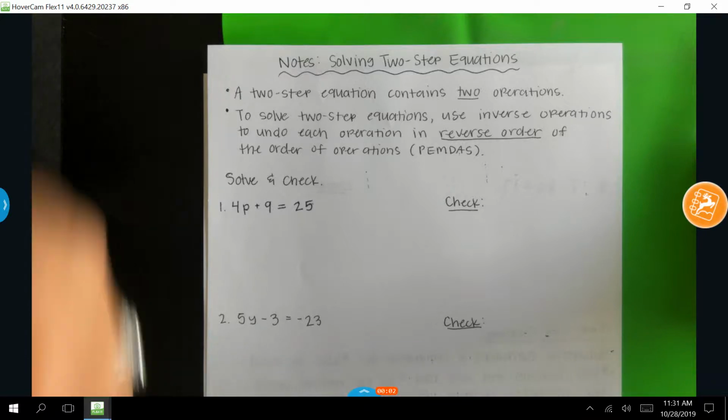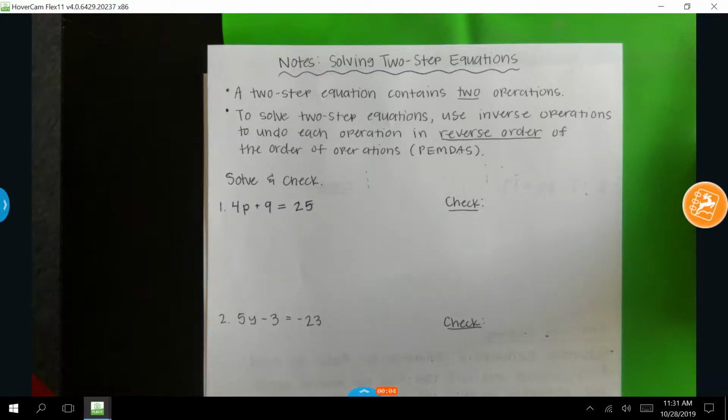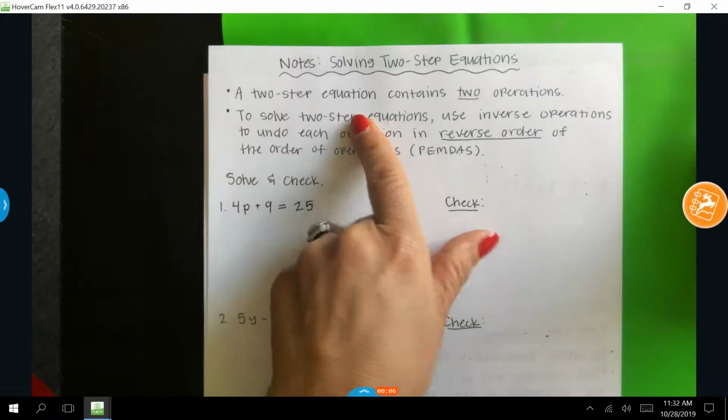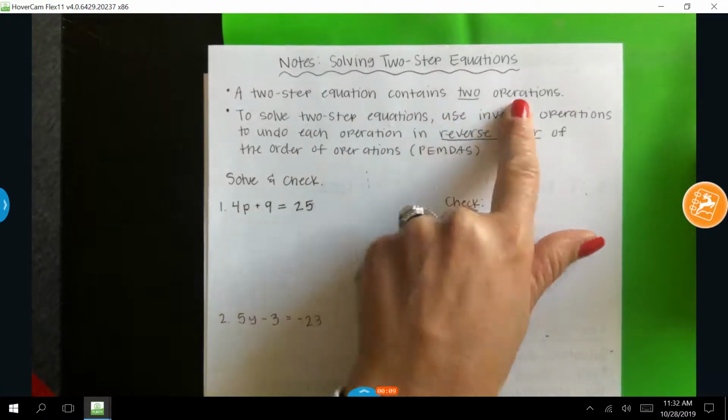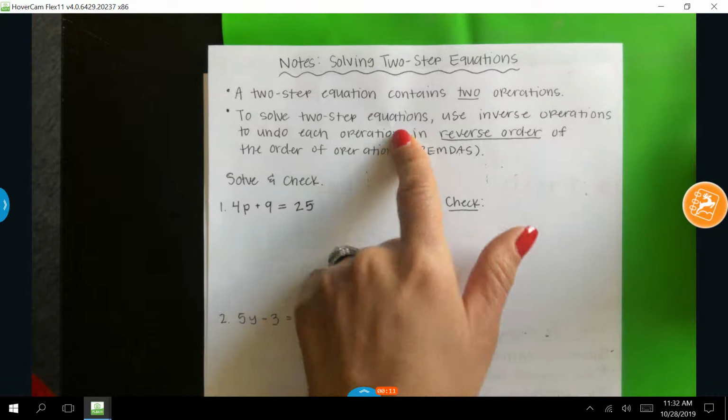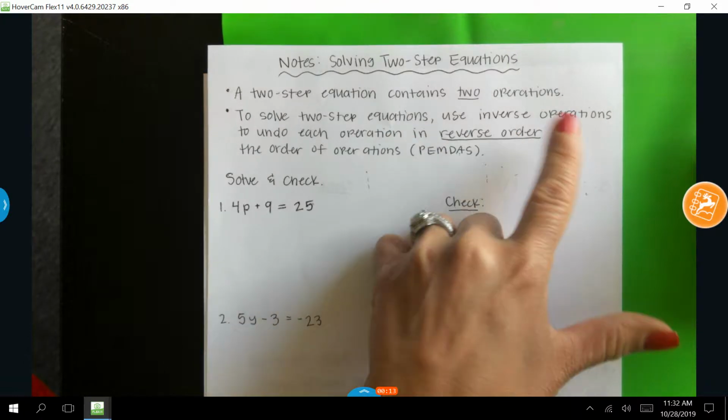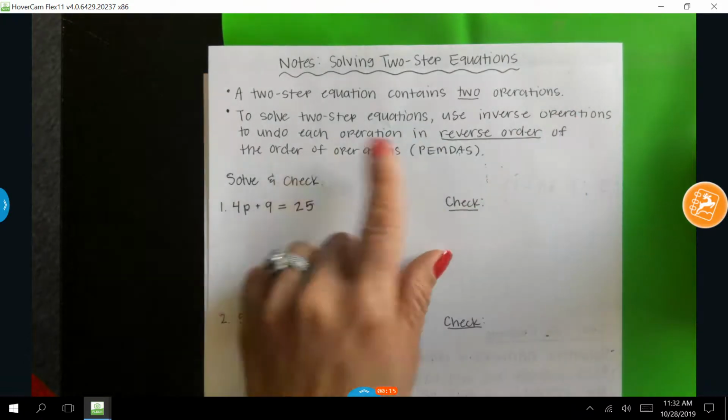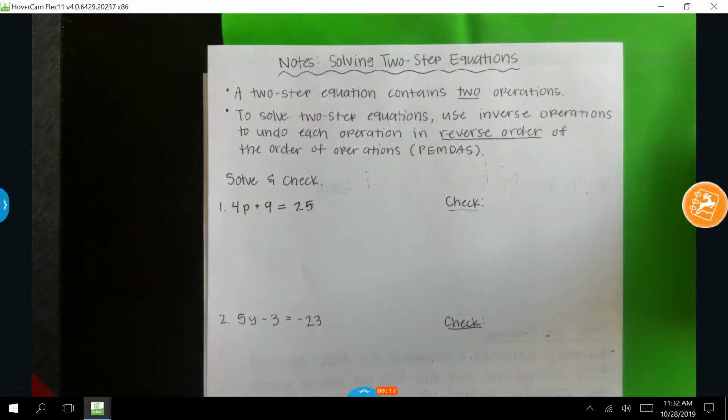So this is just one more step than we're used to. A two-step equation contains two operations. To solve two-step equations, you use inverse operations to undo each operation in reverse order of the order of operations. What that means is you're going to add or subtract before you multiply or divide. So it's just the opposite, because you're undoing the whole thing and your goal is still to get the variable